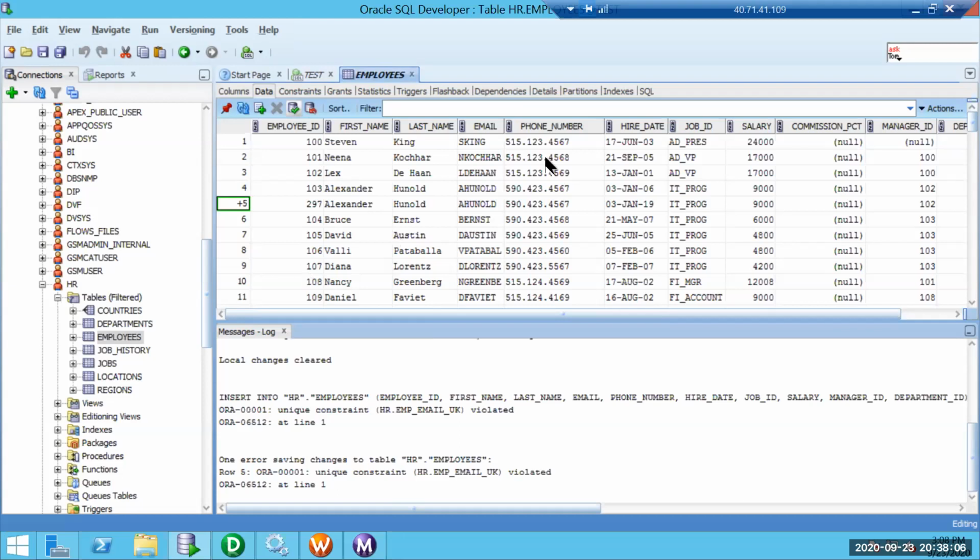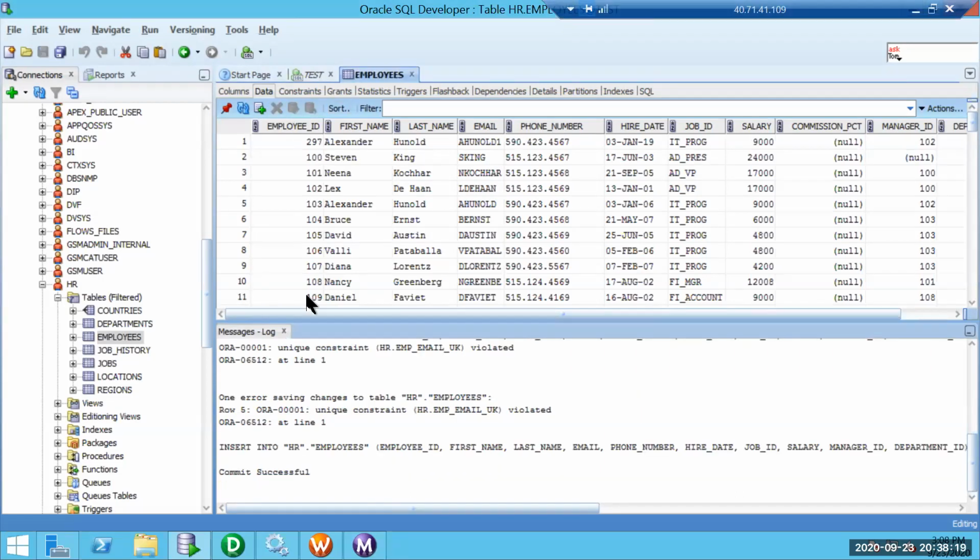Employee email, I'll use Arnold1. Okay, perfect. It got inserted, so at least we have one record which is hired in 2019, which means close to a year and a half.